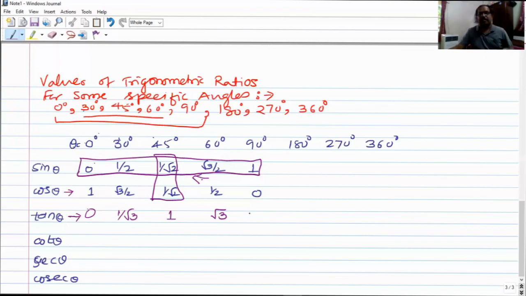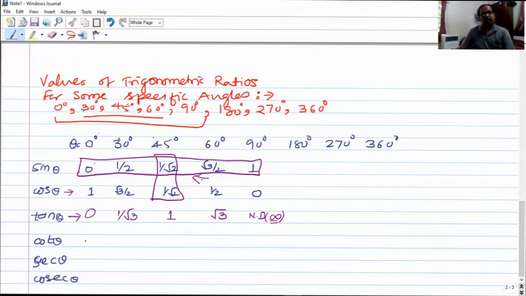It is never a number which we write, but we can say that the quotient is not defined. That is a not defined number, we can say. So I can write it as ND, or not defined, or in brackets I can put this symbol. This symbol stands for infinity, right? We can say it is an infinite number, infinity. So students, the value of tan 90 is infinity, or we can say it is not defined.